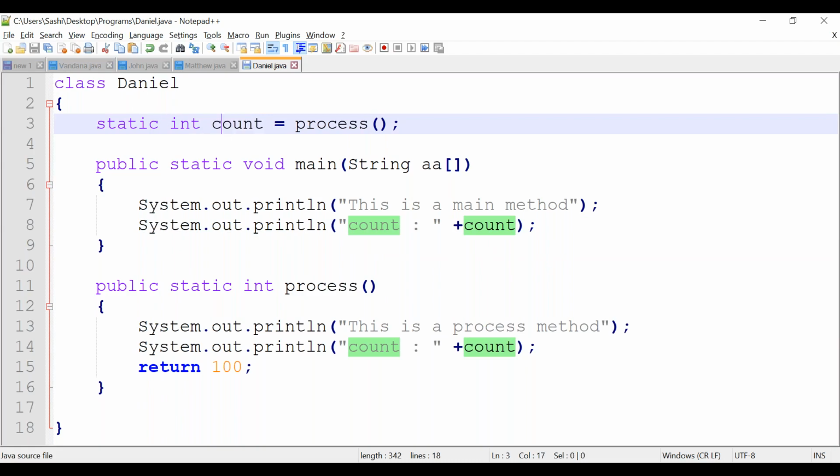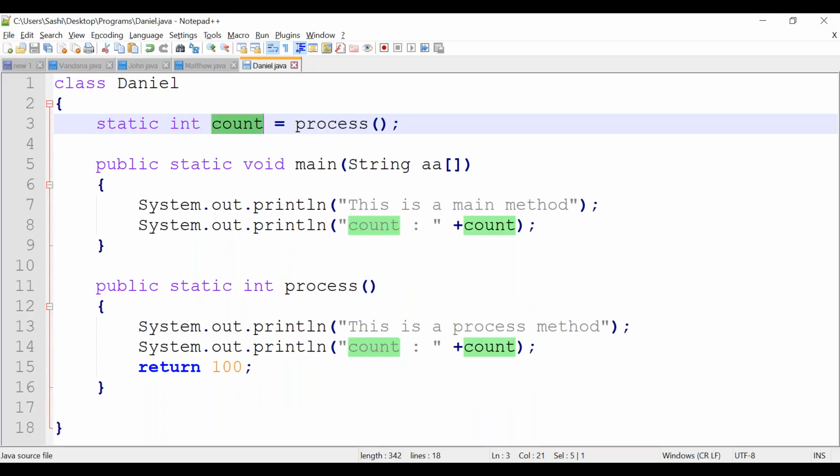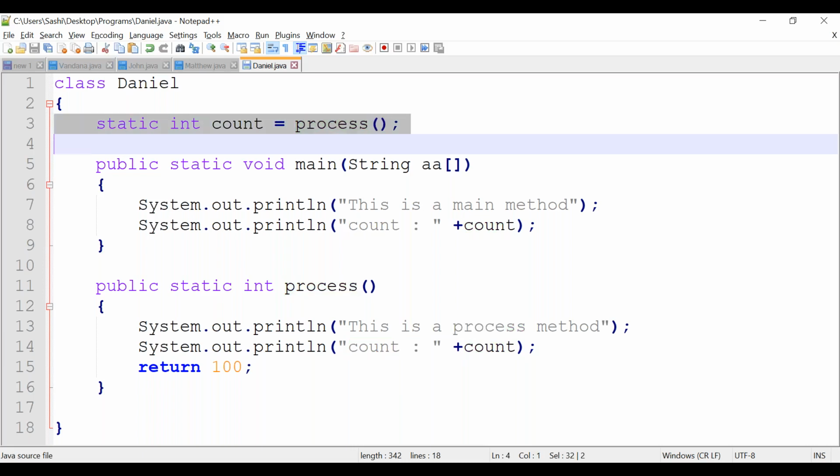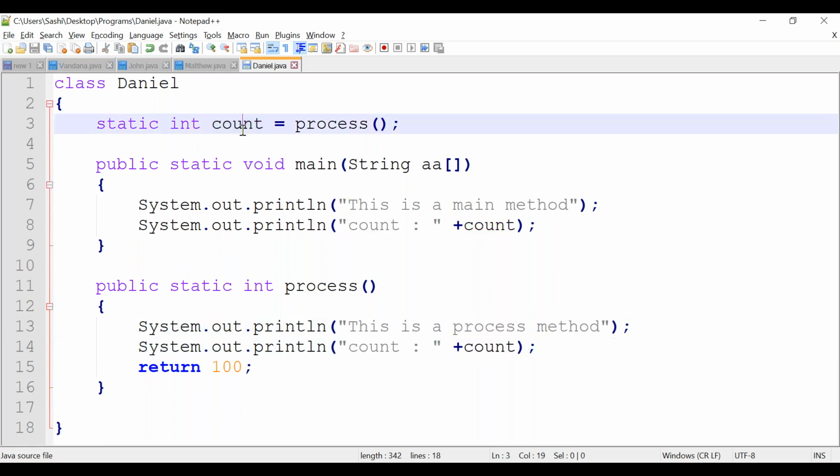First, while you are running, count will be loaded with 0, right? Then reinitialization will happen. While reinitialization is happening, the process method will be called. The process method prints "this is a process method". Then you are trying to access count. What is the count value now?